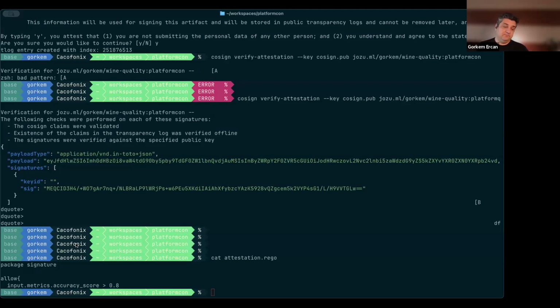So when you put all of this together, from packaging it into a ModelKit, which is your training pipeline, and then next attaching an attestation, which is where your training pipeline has some results that you want to attest into the ModelKit, providing that trusted metadata, and then down the line verifying it using Cosign, you know that the trusted metadata is there.